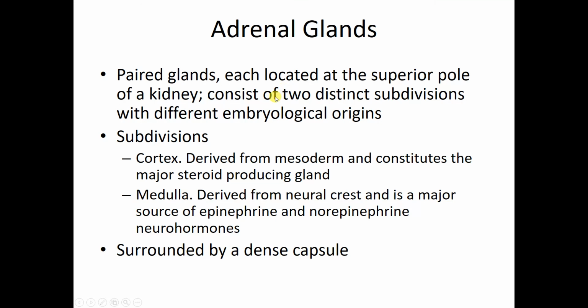Now finally let's talk about adrenal glands. Adrenal glands are paired glands, each located at the superior pole of a kidney. As the name implies, adrenal glands are above the kidney. And that's why sometimes you can name them